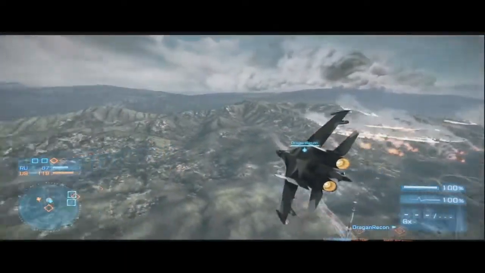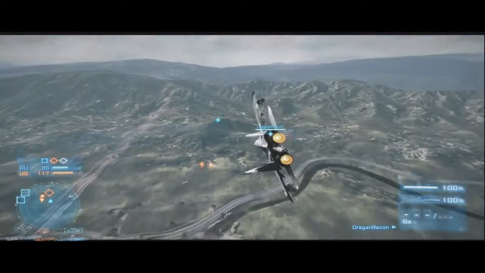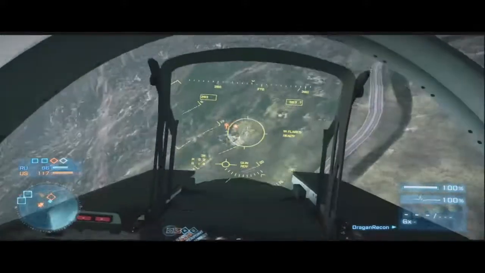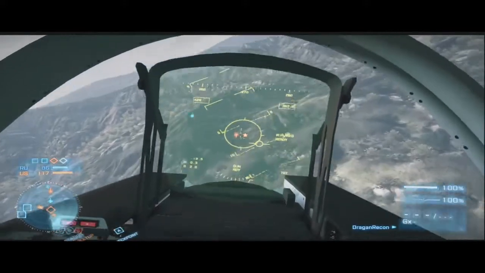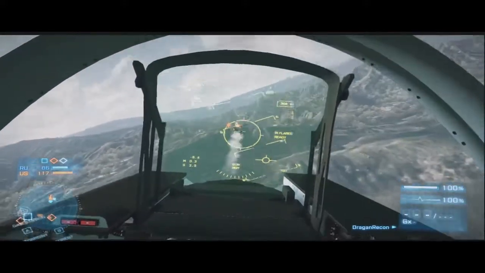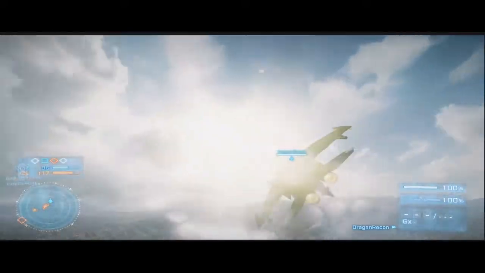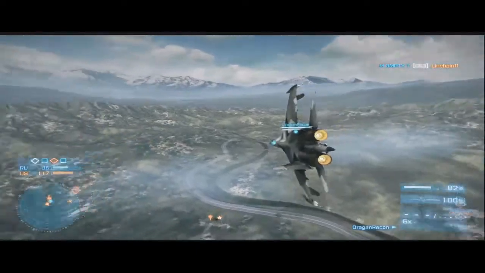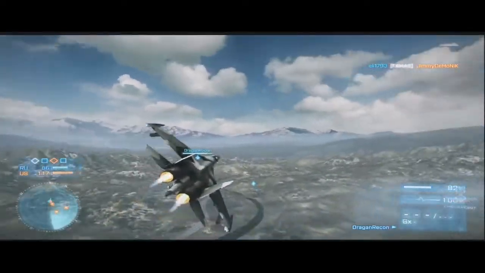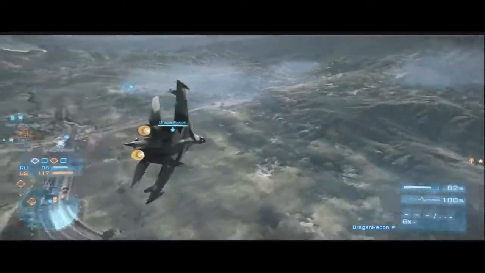Now I have two jets trying to kill me, but as you can see, I'm able to thrust into the turns and break out of them, which really gives me opportunity to increase my survivability by a lot. I wanted to kill that damn helicopter too, but I knew if I didn't do something and get away from these guys, they were gonna shoot me down. They're already hitting me, so